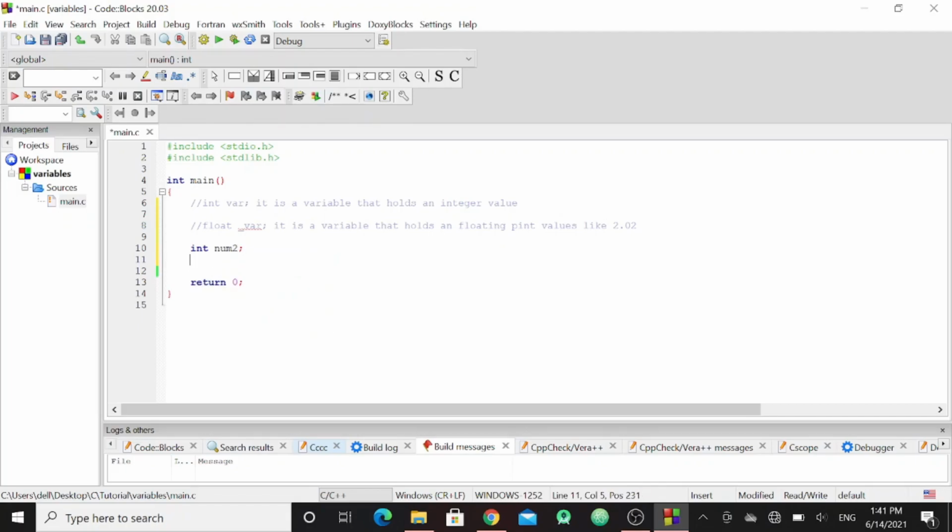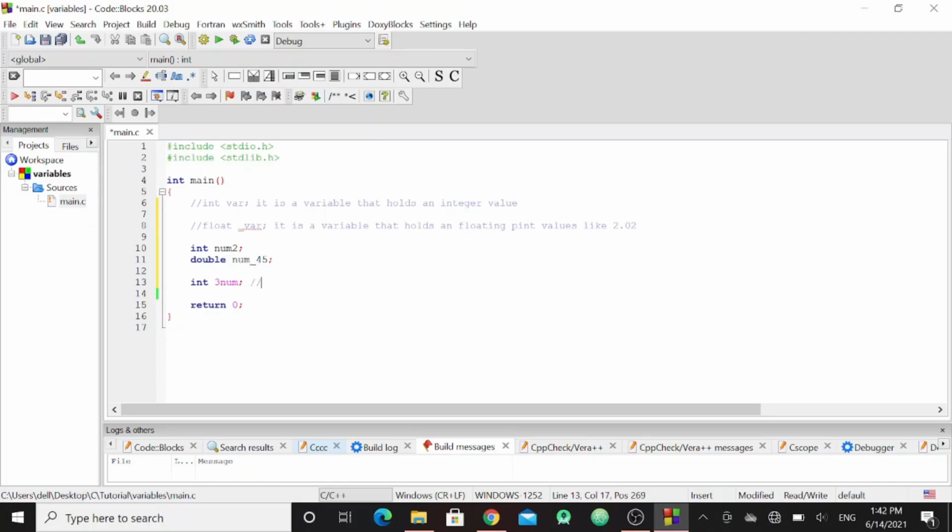Another example might be double num_45. This is also valid. But the second point is that the first letter of the variable should be a letter or an underscore. You can't write like int 1num.